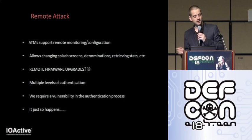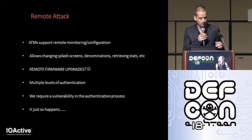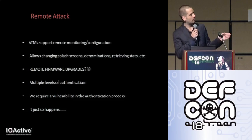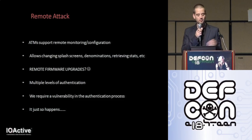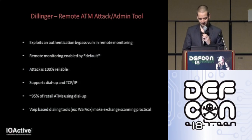Now obviously authentication is required to be able to do anything remotely. On this particular model, you require both a serial number and a password, and they're both made up of a combination of numbers and letters. A 5-second delay is forced after each connection attempt, so brute force is basically out of the question. So we require a vulnerability within the authentication process itself, and it just so happens...